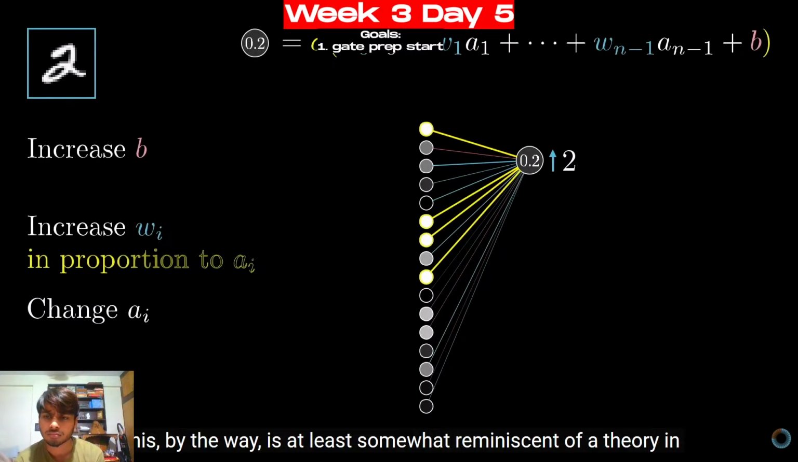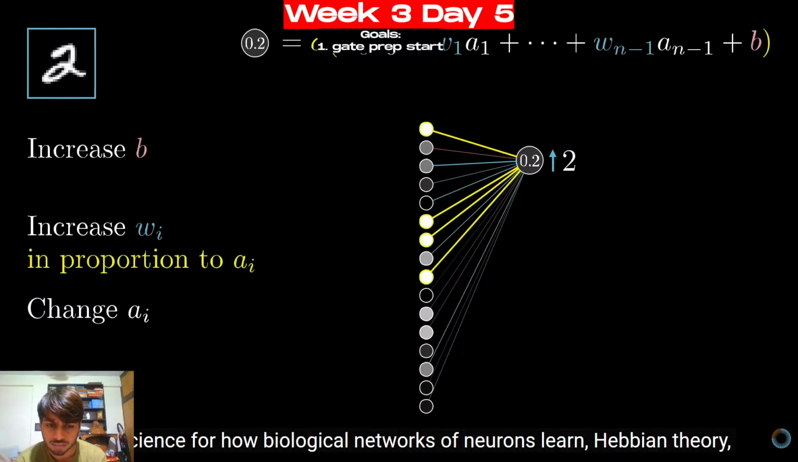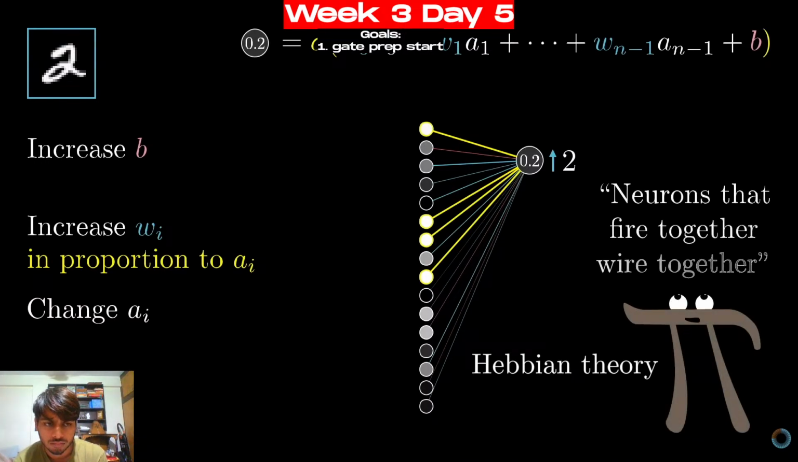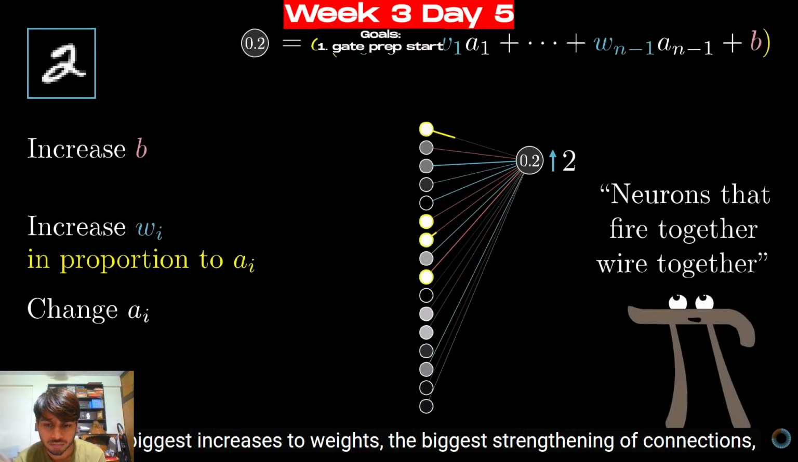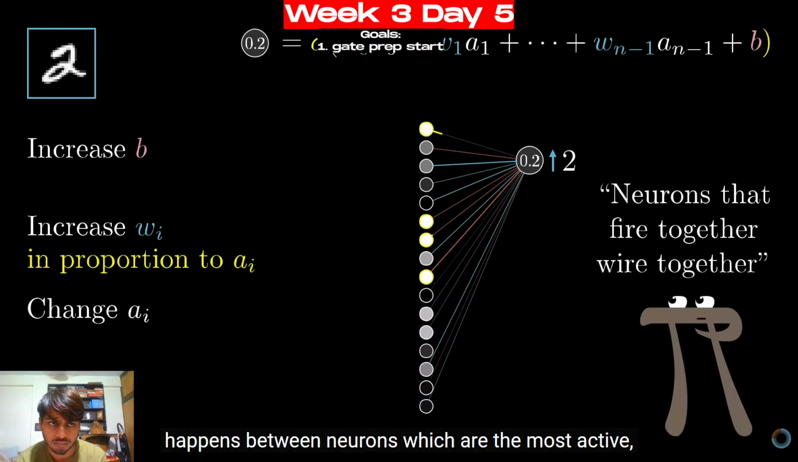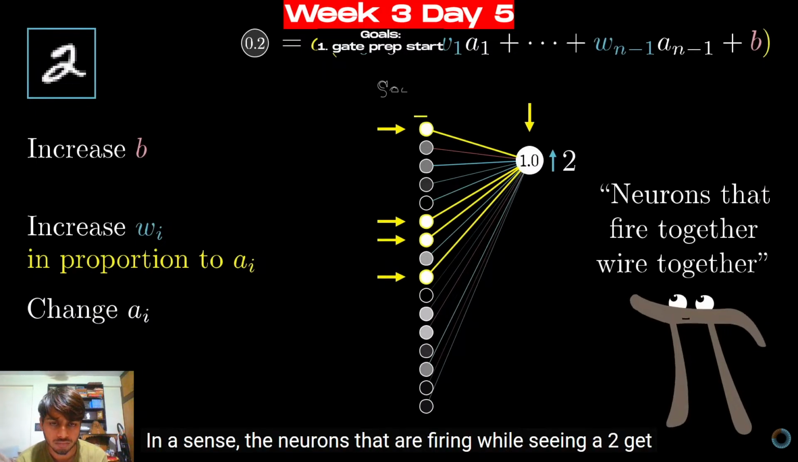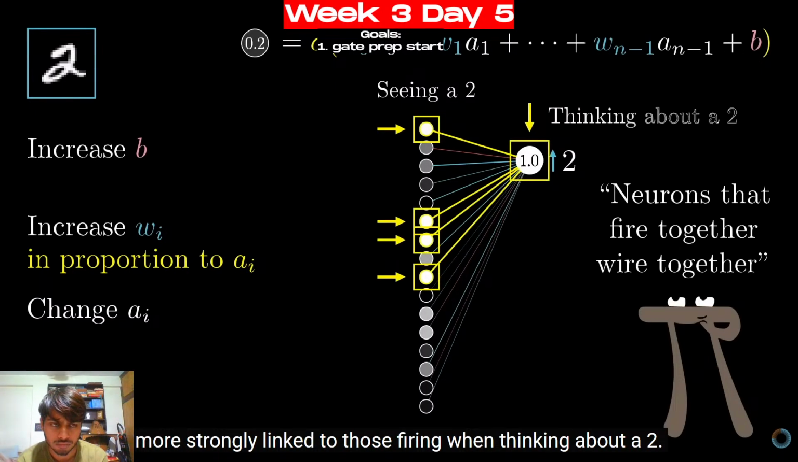This, by the way, is at least somewhat reminiscent of a theory in neuroscience for how biological networks of neurons learn, Hebbian theory, often summed up in the phrase, neurons that fire together wire together. Here, the biggest increases to weights, the biggest strengthening of connections, happens between neurons which are the most active and the ones which we wish to become more active. In a sense, the neurons that are firing while seeing a 2 get more strongly linked to those firing when